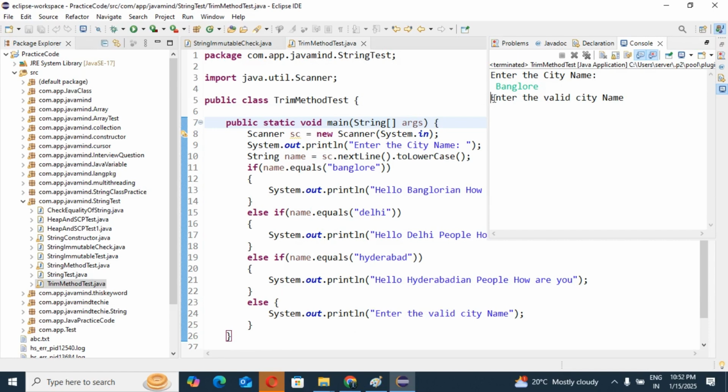You can see, even though you are passing Bangalore, which is a correct input, we see here: enter the valid city name. Do you know why? We have given one space before Bangalore.